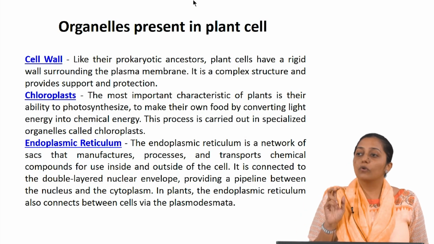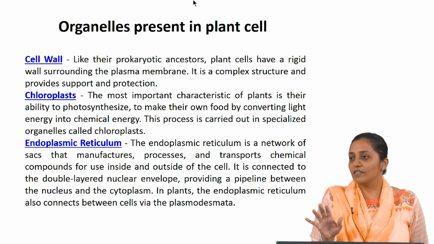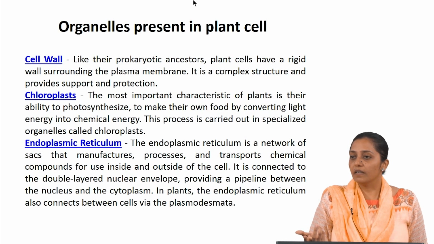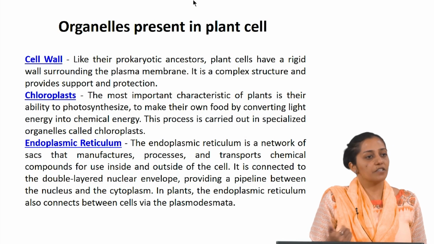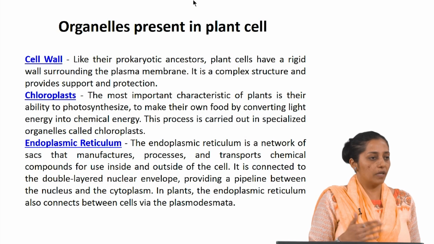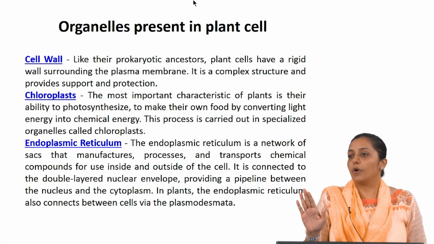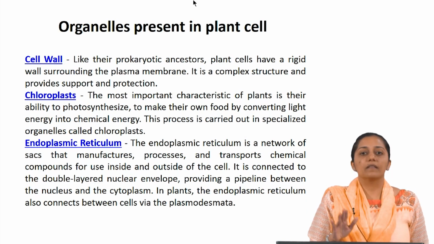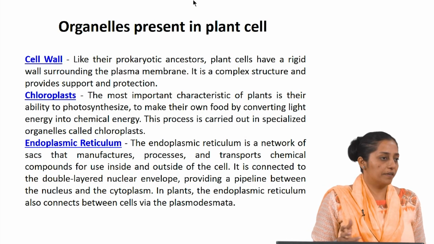So now talking about chloroplast. Chloroplasts are the most abundant plastids found in plants. Now their purpose we know is primarily carrying out photosynthesis. Now in photosynthesis there are light reactions and dark reactions. So we will be talking about light and dark reactions when we come to photosynthesis, but these chloroplasts are responsible for capturing sunlight and helping the plant in manufacturing the food. When I say food, it is synthesis of carbohydrates.